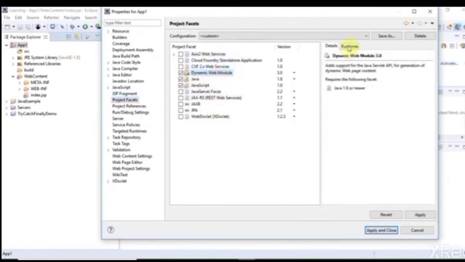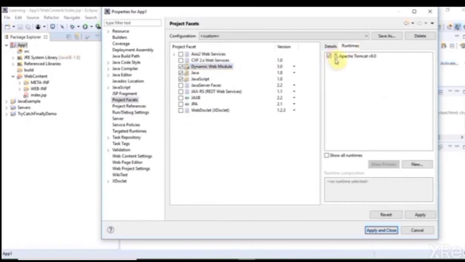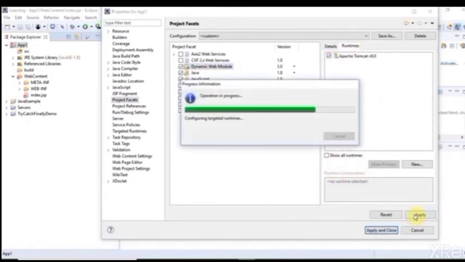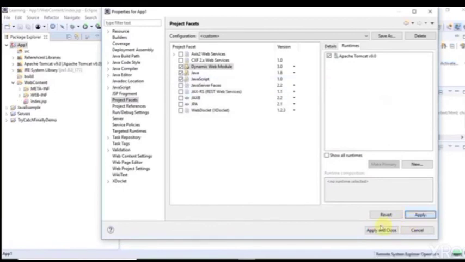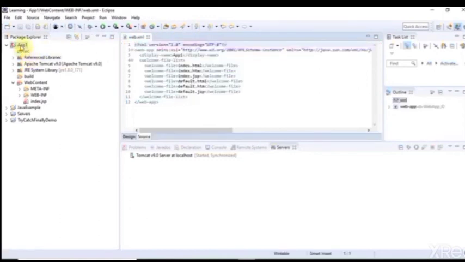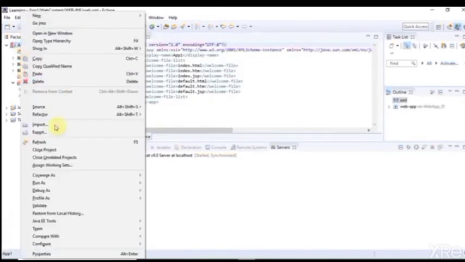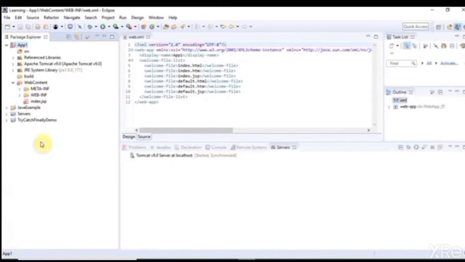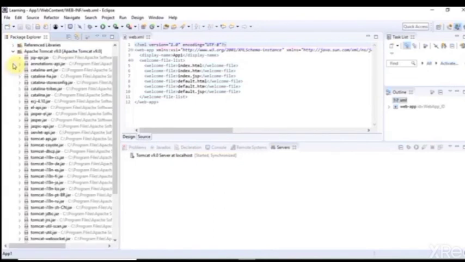Here select dynamic web module, then select the runtime Apache Tomcat and apply. Now we look here, the libraries will be added. All the libraries are available in our project. Just click on the app and refresh it. It will show the added library functions here.